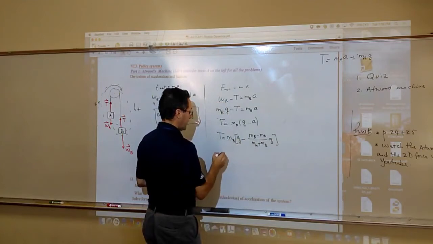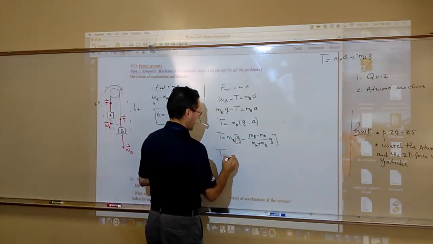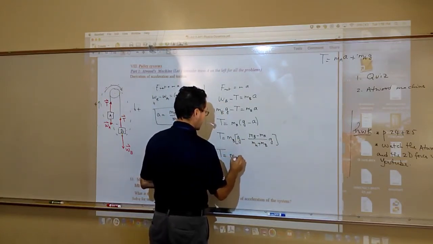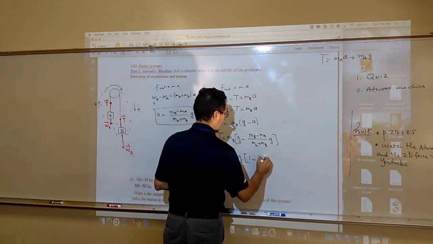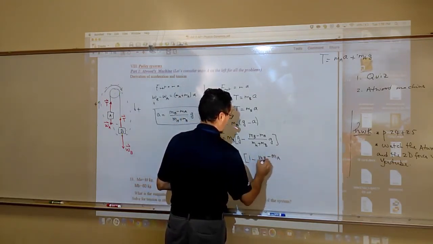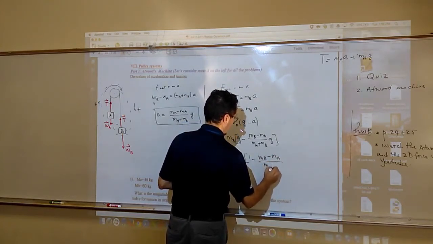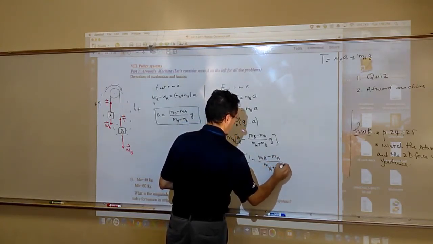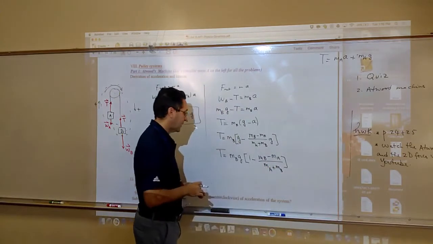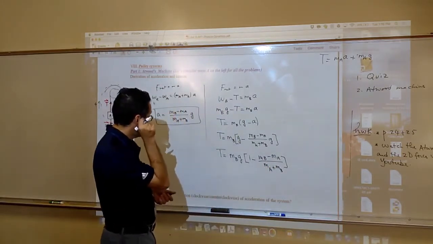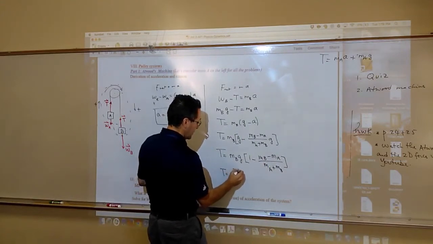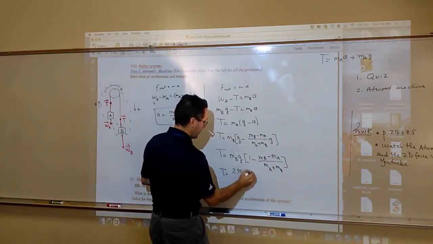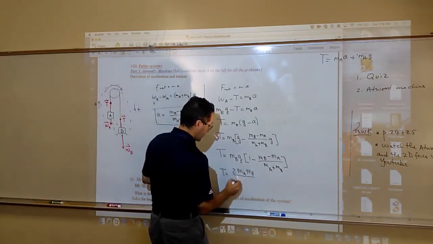So I can take out a G. So it's going to be MB G, and I'm left with 1 minus (MB minus MA) over (MA plus MB). And if you do a common denominator, you should end up with T equals 2 MA MB over the sum